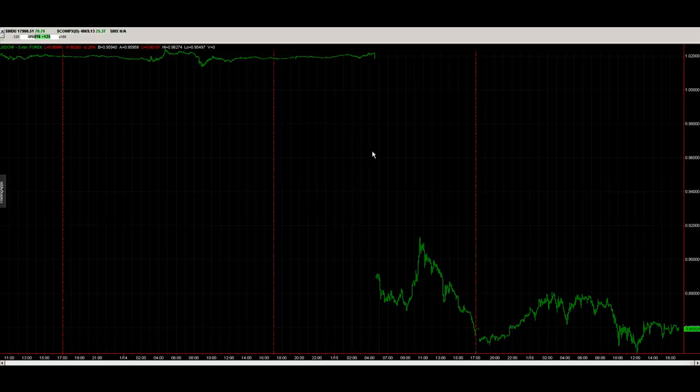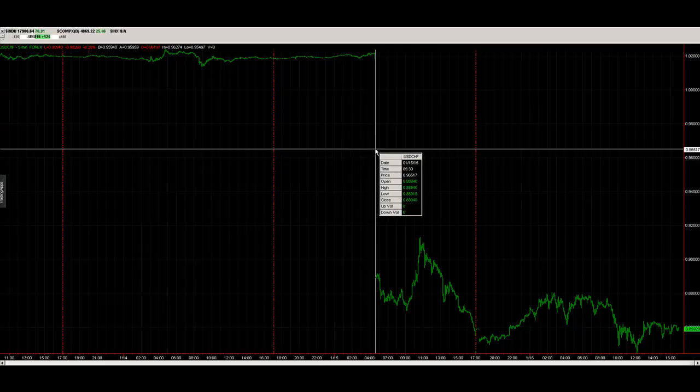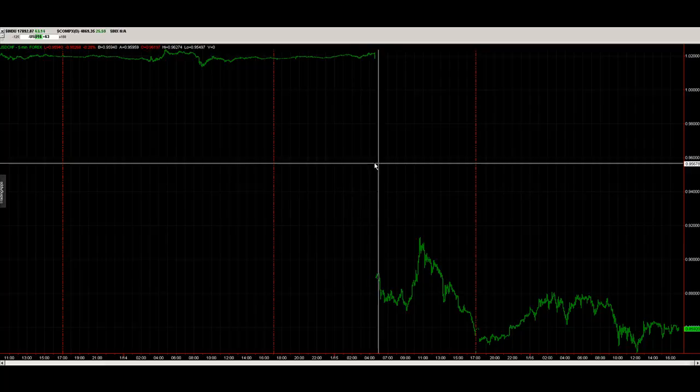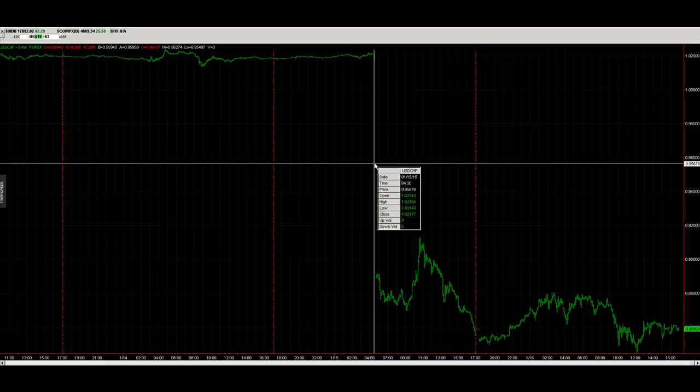And so here is a gap. A lot of times we think about gaps overnight or over the weekend. This is an intraday gap based on unexpected news events. So the previous bar's close was 101.18, and then it started trading again at 88.94. And so you're talking about a 1,200 pip move and about $15,000. So had you been long at this point, and then the market traded again here, this is the forex,